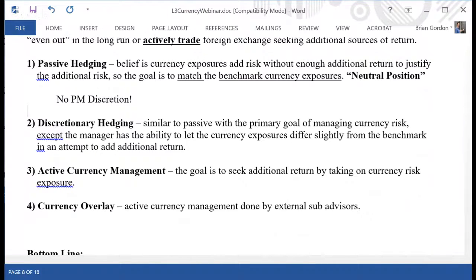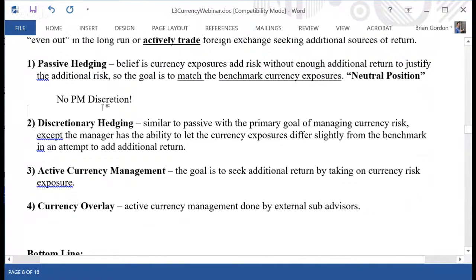We match the benchmark currency exposures, and that's it. And this benchmark may have no foreign currency exposure. So I think that you need to take this away. They might talk about discretion, passive hedging, matching the benchmark currency exposures, it's called a neutral position,